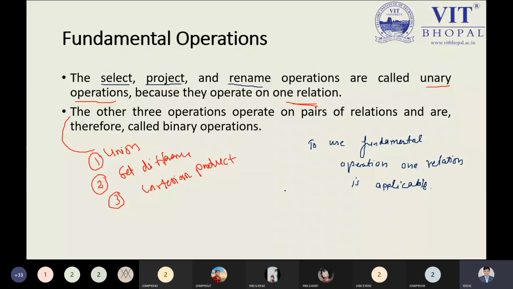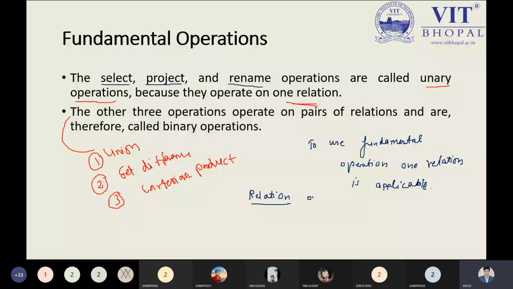And let me inform you once again over here. You're talking about the relation. So relation is basically a term which is identified by the relational algebra, but it also has the same sense as a table. So in the general way, people say it's a table. So table means we're talking about the relation.